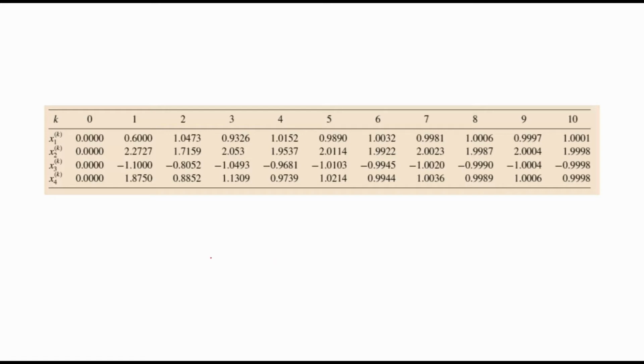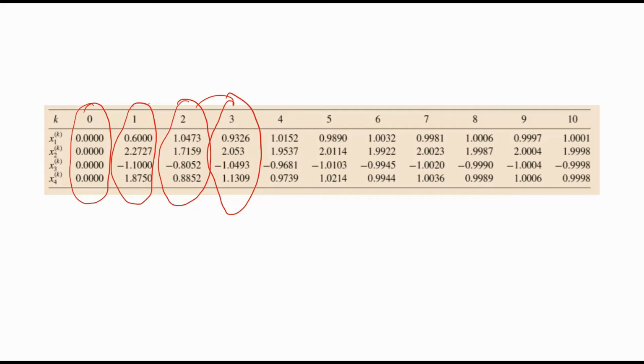This is a table which I have shown. This is my initial condition, and after putting this in, my first iteration value is this, then putting this value in, the second iteration is this, and by putting this in, my third iteration is this, and so on. You can see that at the 10th iteration the values of x1, x2, x3 and x4 are nearly equal to those of the 9th iteration. So we get out of the loop and show our output.